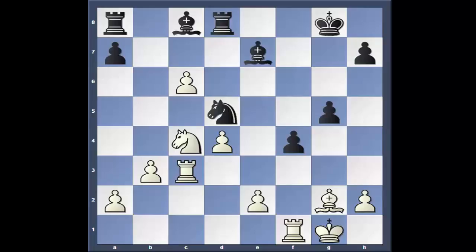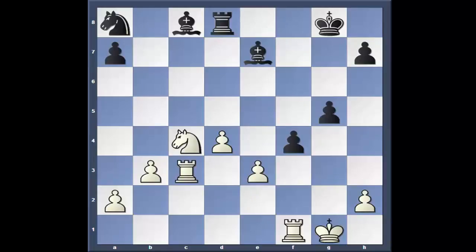Now we go c7. Knight takes. Bishop takes the rook. Knight takes. e3. Very interesting. White's not that great, but he's not that bad either. Bishop b4 by Carlsen. Let's go back here. I don't understand the reason for that move either. Forcing the rook to move, I don't see that's...